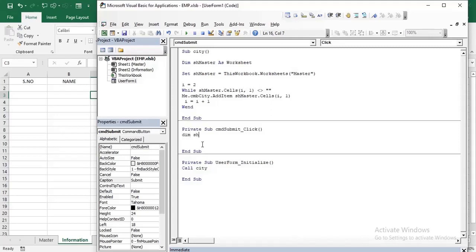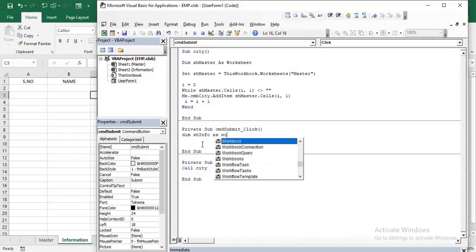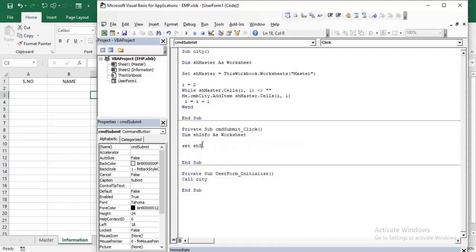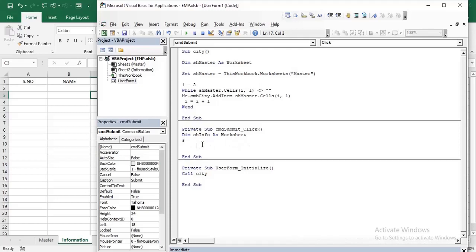So what is the code? Let's first of all declare the sheet: dim sh info as worksheet, set sh info is equal to this workbook dot worksheets, and what is the name of the worksheet?